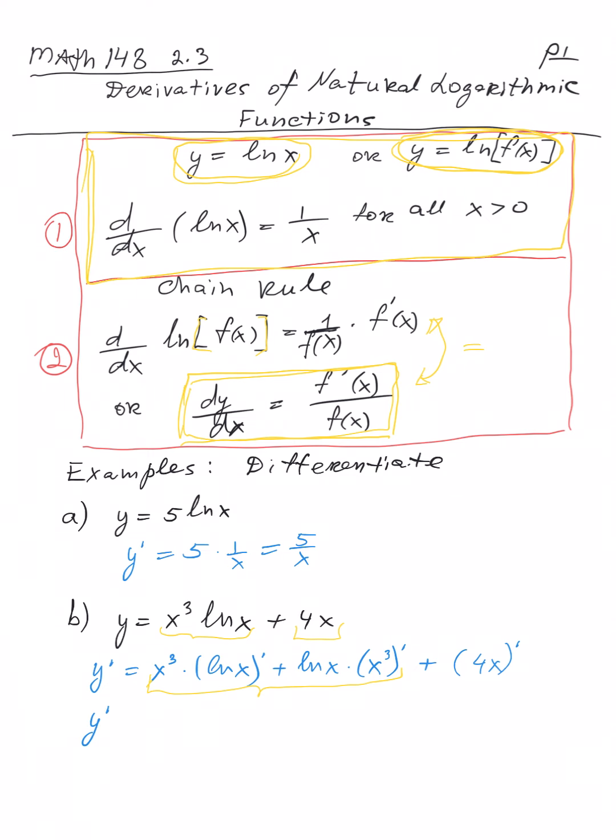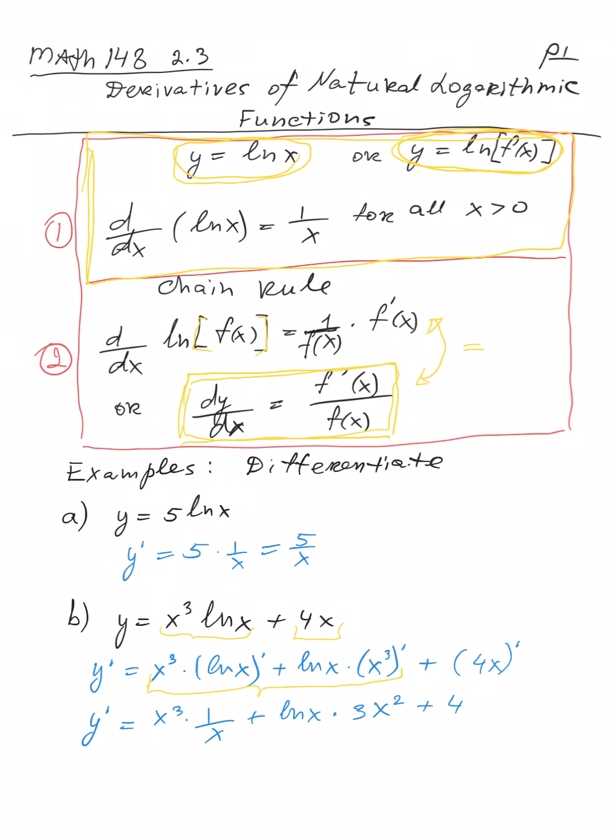Now let's continue. So it's x cubed, which I'm going to multiply times 1 over x, which is the derivative of ln of x, plus ln of x times 3x squared plus 4,